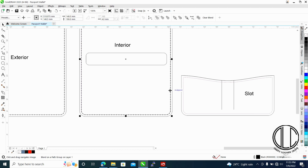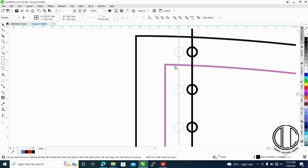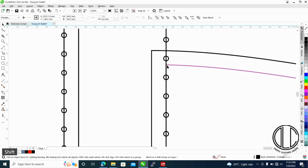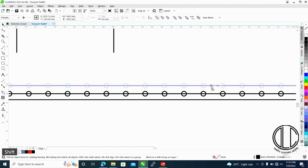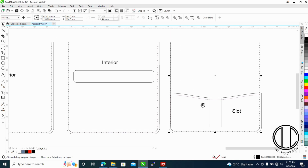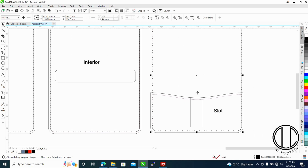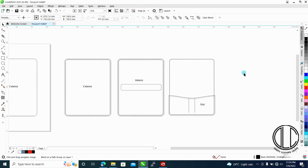So same thing is applicable to this part. So you can just come here, and also drag this line up so it aligns. So we now know that we have created our stitching parts for the 3 parts. So what we'll do next is to,